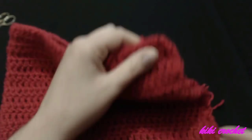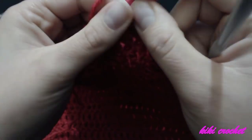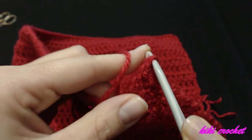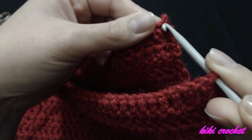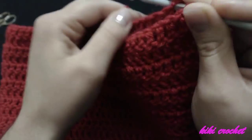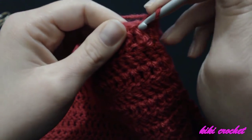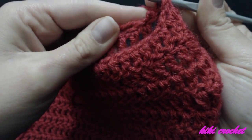I'm going to put my hook in the first stitch of one side, and in the first stitch in the opposite side. And I'm going to attach my yarn. Just grab the yarn and pull it through both of the sides, chain 1. So now I'm going to put my hook in the second stitch from the front side and the second stitch in the back side,